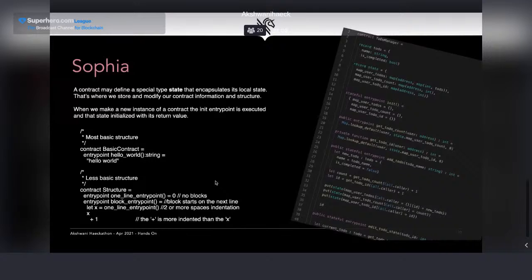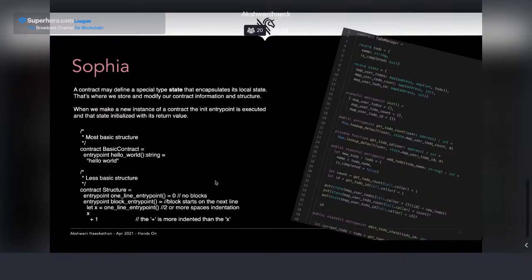Getting back to Sophia, as I said before, we have a minimum structure and elements we are going to be using in our contract. Of course, the contract definition, and the record, a special record that is going to be the state for storing all my information, but I can have all the auxiliary records I need to maintain my structure for the information.